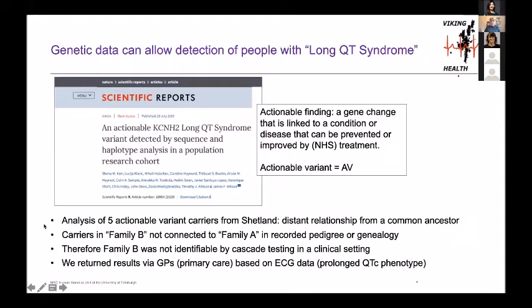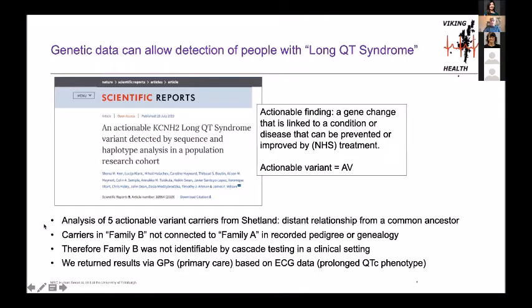As I mentioned, we didn't have consent to return the genetic data, but in this particular instance, the genetic variant has an effect on a phenotype that we had measured. In this case, it's visible on an ECG trace. And we did have consent to return phenotypes. So we sent a carefully worded letter to the participants' general practitioners, their primary care physicians, alerting them to this research finding. And we felt, well, we've done what we could, and that's the end of it.